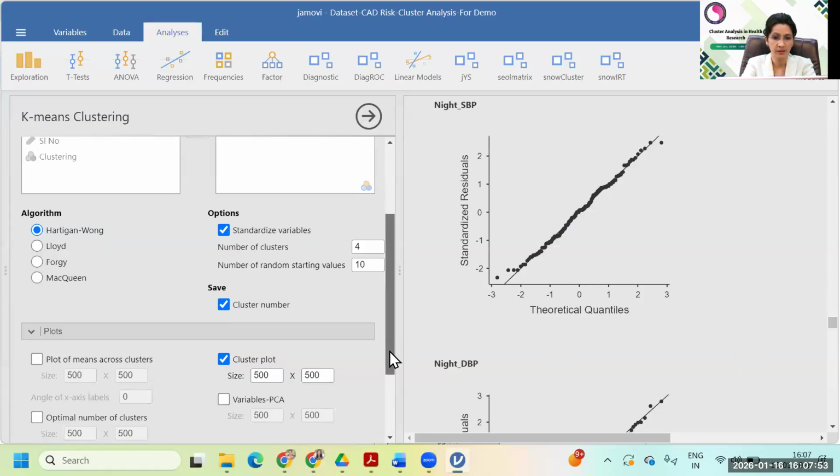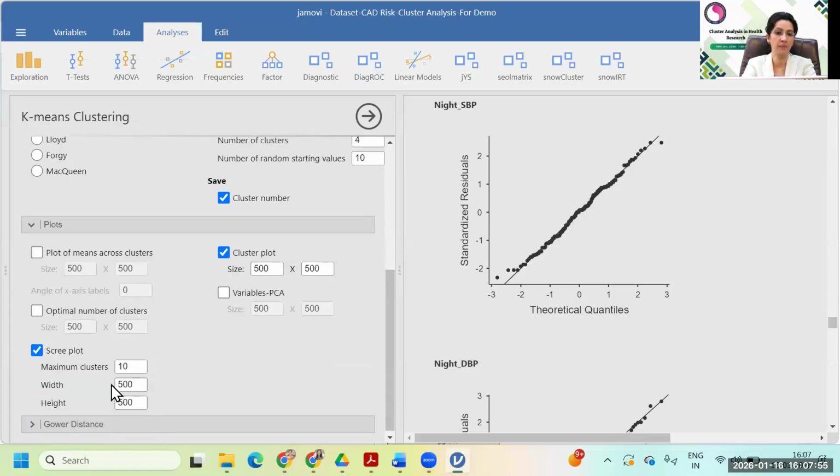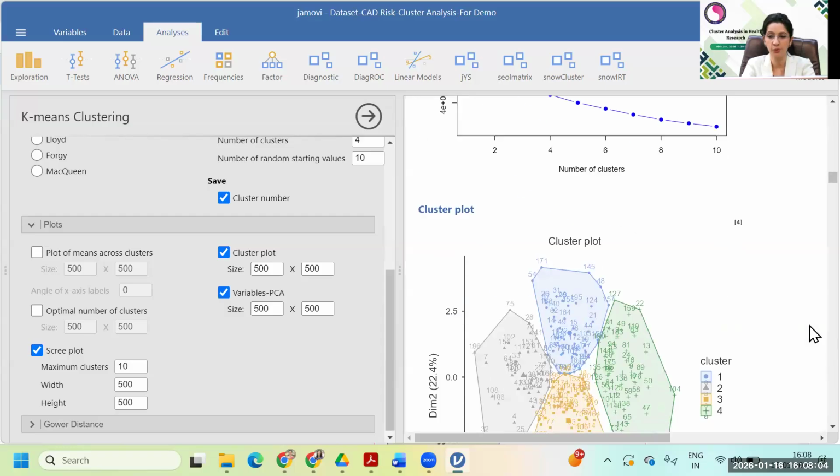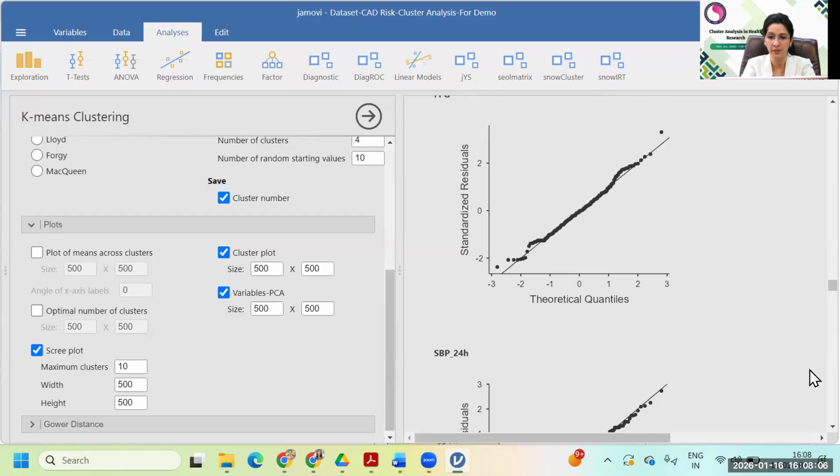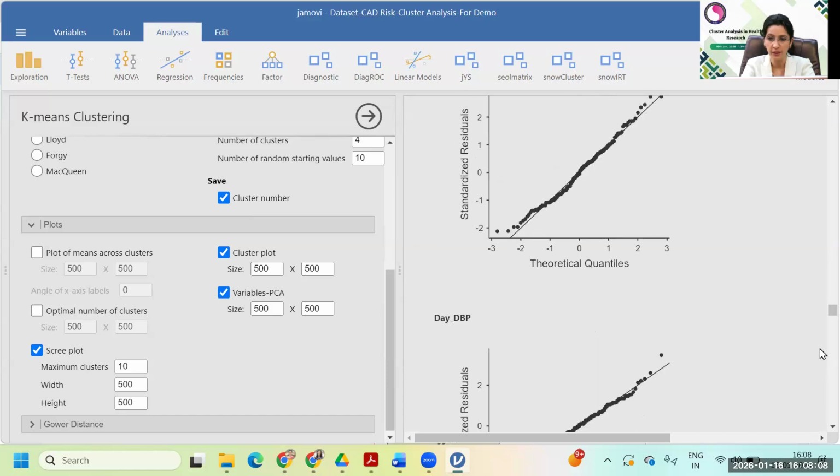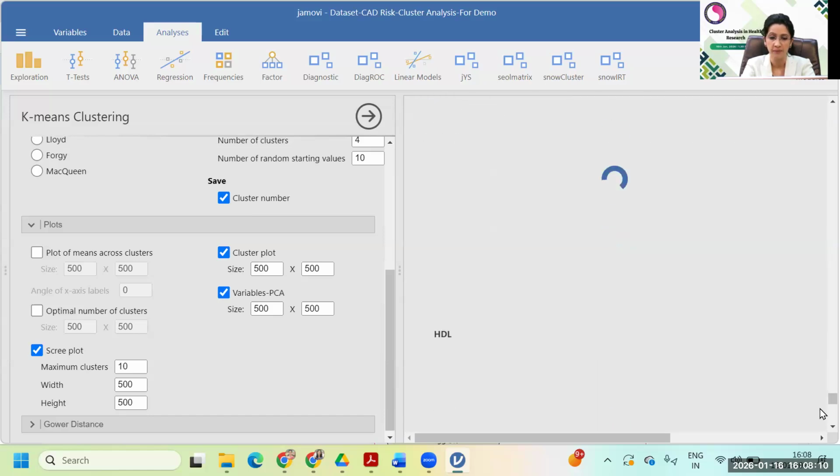in this section you only use the scree plot and cluster plot. Again, I think Dr. Devjani asked for variable PCA. If you wish to see the variable PCA, it will show you in fewer dimensions, only 3 dimensions, and you can see. But for that you need to enlarge the